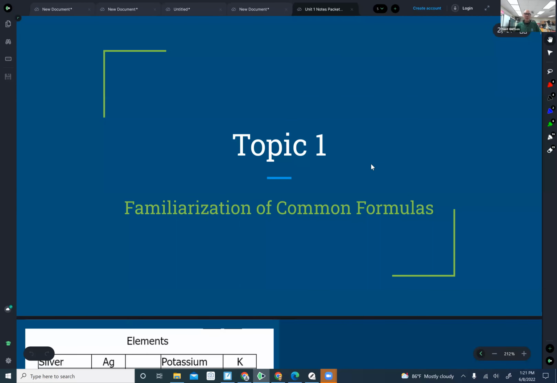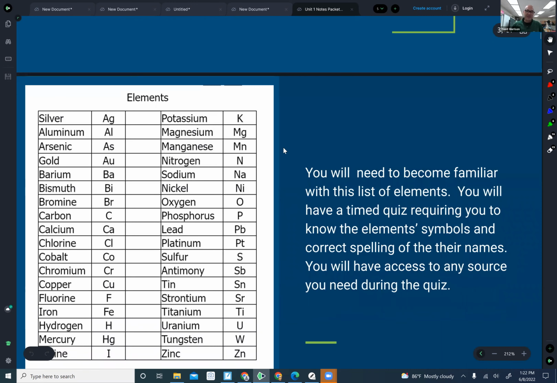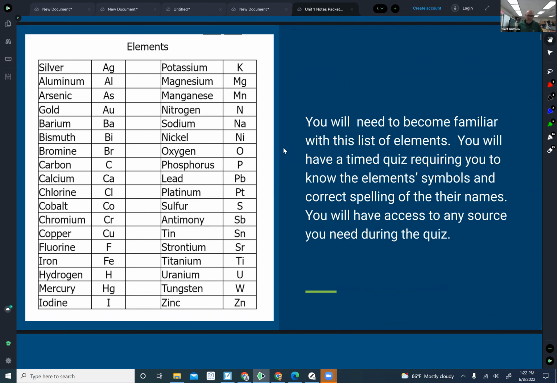Topic one, I want you to become familiar with some common formulas. So in the past, what I have done is I have given this exhaustive list of elements, their symbols, compounds, their formulas, polyatomic ions and their formulas, and I said, memorize it. And it's time for you to understand the rigors of AP Chemistry. And then I started to think about how I actually learn. And it's all about me